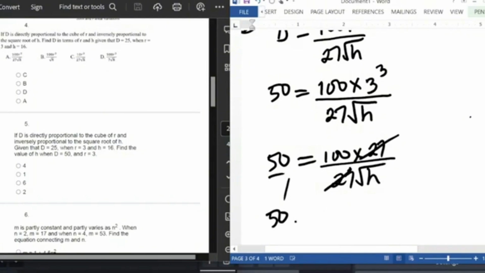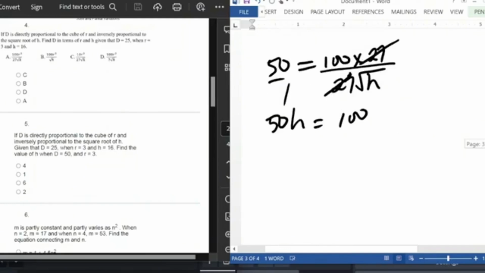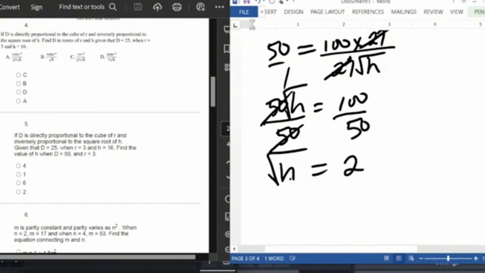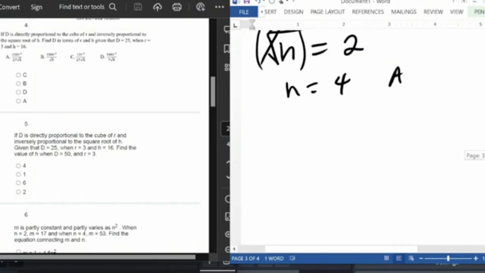So we cross multiply: 50 square root of H equals 100. So we can divide both sides by 50, right? So that means square root of H equals 2. It is H you are looking for. We square both sides, so this cancels this. So H equals 4. That is option A. Now the next one